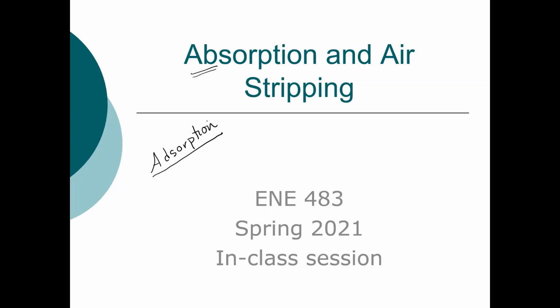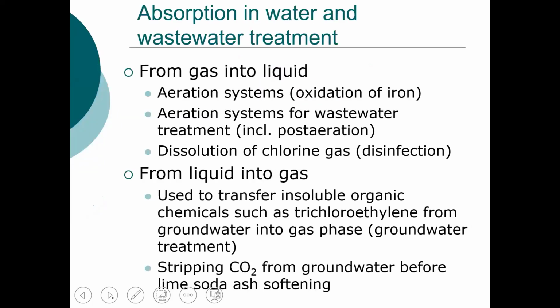Absorption is different. Absorption is, think of it as a three-dimensional process in which we're looking at transferring a chemical from either a gas into a liquid or from a liquid into a gas. So we've talked about aeration systems, and we've mentioned the oxidation of iron. So Fe2+, which is the most common form of iron in groundwater systems, can be oxidized by oxygen to Fe3+,